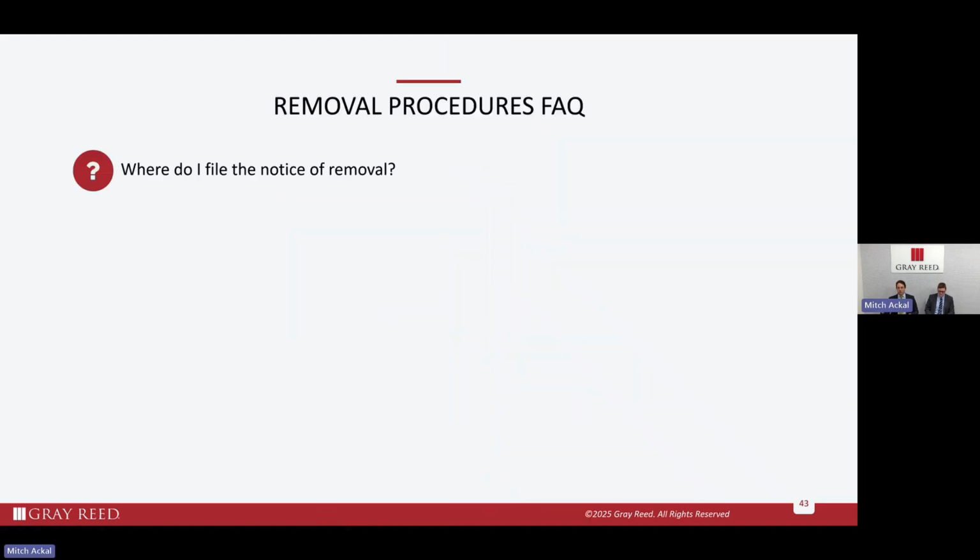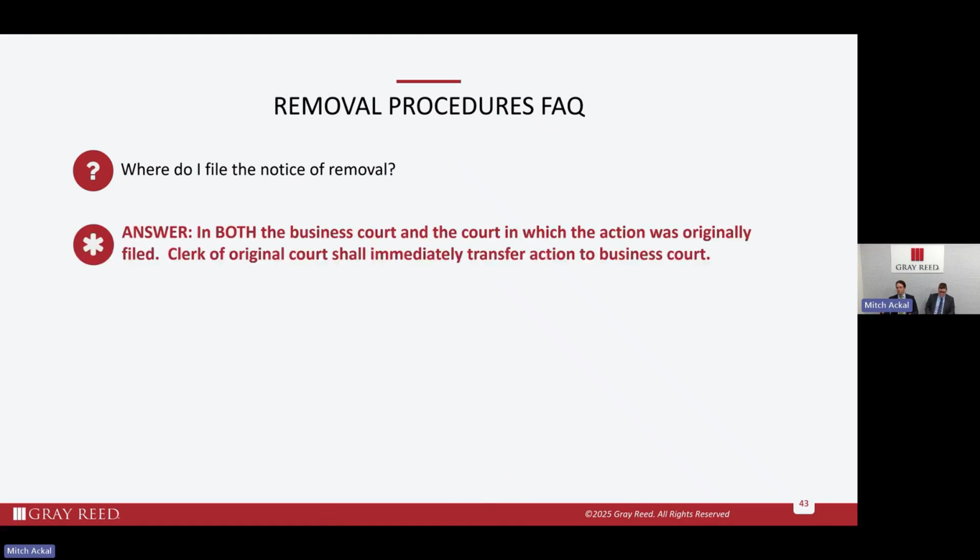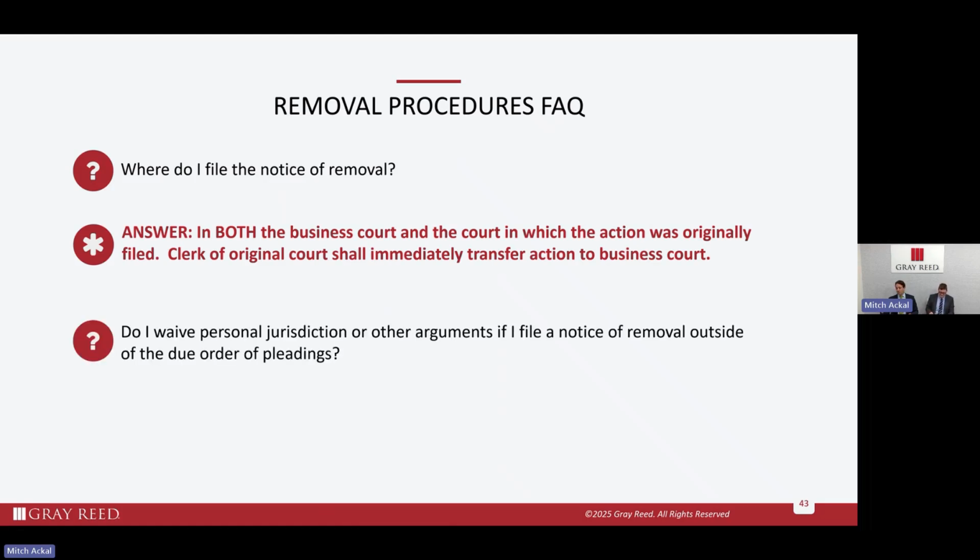Some other really simple questions. Where do you file the notice of removal? Will you file it both in the business court and in the district court? Another question, this is really important. Do you waive personal jurisdiction or other arguments if you file your notice of removal outside the due order of